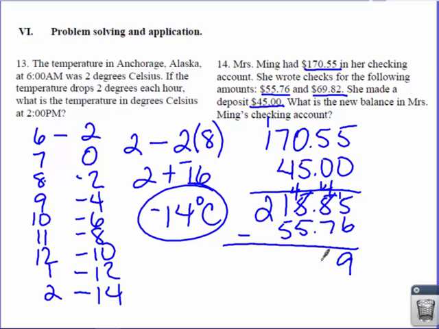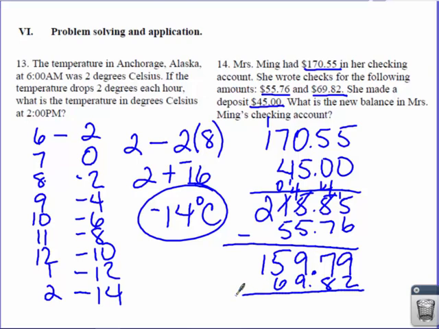So 14 take away 7 is 7. Bring the decimal down. Borrow one more time here. That becomes a 14. So 14 take away 5 again gives us 9. And then 20 take away 5 gives us 15. So we're down to $159.79. And now we've got to write one more check of